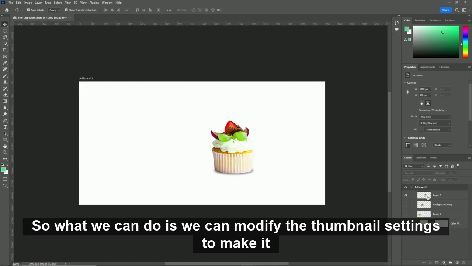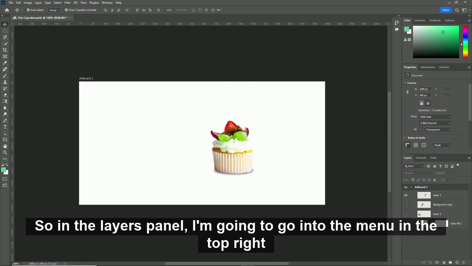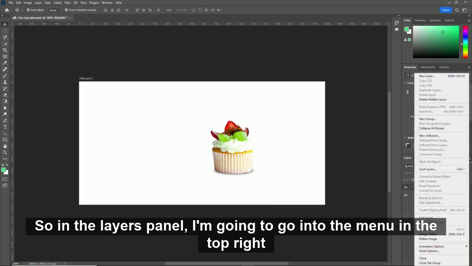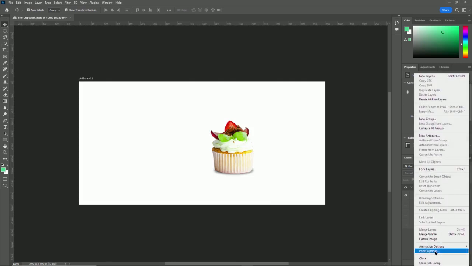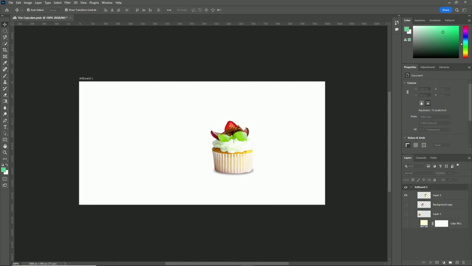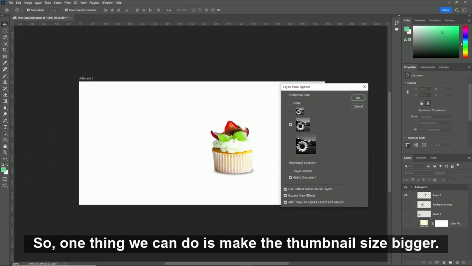So what we can do is modify the thumbnail settings to make it easy to see what's on each layer. So in the layers panel, I'm going to go into the menu in the top right corner. I'm going to come down to panel options, and I'll just pull the panel over. So one thing we can do is make the thumbnail size bigger,